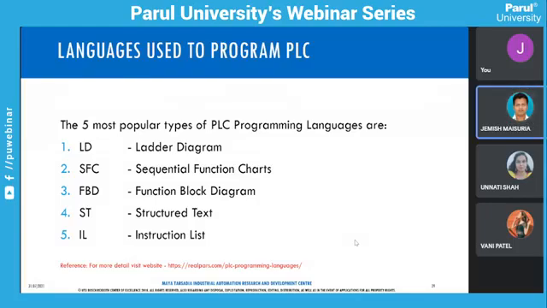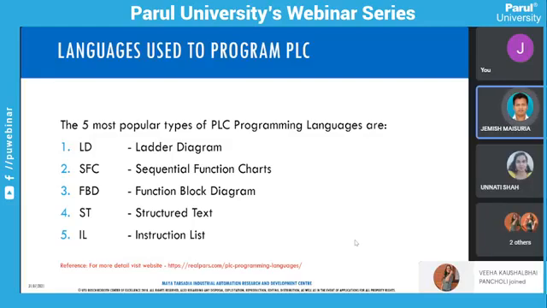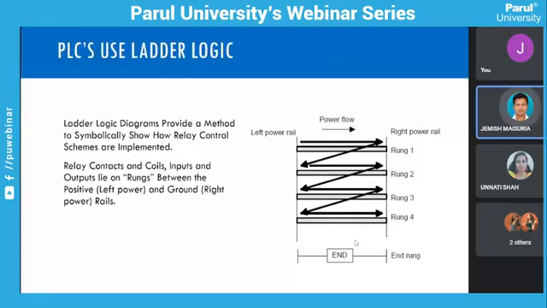Out of that, we'll just see the ladder diagram. As I told you, the ladder diagram is a graphical or symbolic representation. In that, power rails are there: a left power rail and a right power rail. Basically, the left power rail is 24 volt, because this PLC operates on 24 volt, and the right power rail is ground. Power flows from left to right, and whatever you connect in between is a rung. That rung contains your devices, or you can say your actuators and sensors.